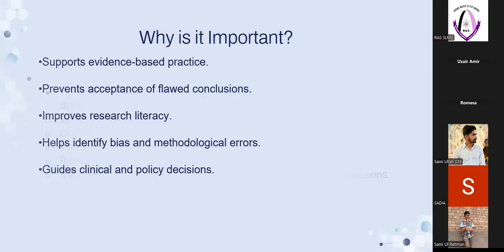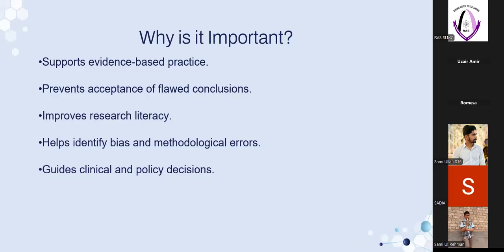So why is critical analysis important? It supports evidence-based practice. Basically, we know that research is itself a systematic evaluation, which means we do not just accept things, we critically analyze everything. We ask questions, whys, hows, and wheres. And these are the questions that are extremely important. And critical analysis is basically asking those questions for an already published article. So we are asking why this research exists, what it is answering, and many more questions.